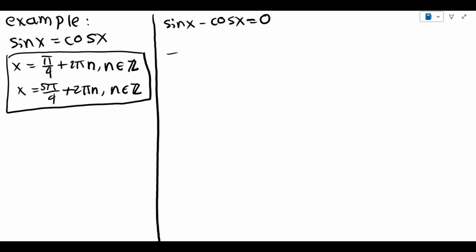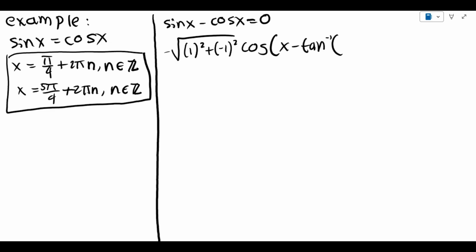So negative the square root of 1 squared, because the coefficient is 1, it's not written there, plus the minus 1 squared, cosine x minus inverse tangent of 1 over minus 1, equals 0. So negative square root of 2, since 1 plus 1 is 2, cosine of x